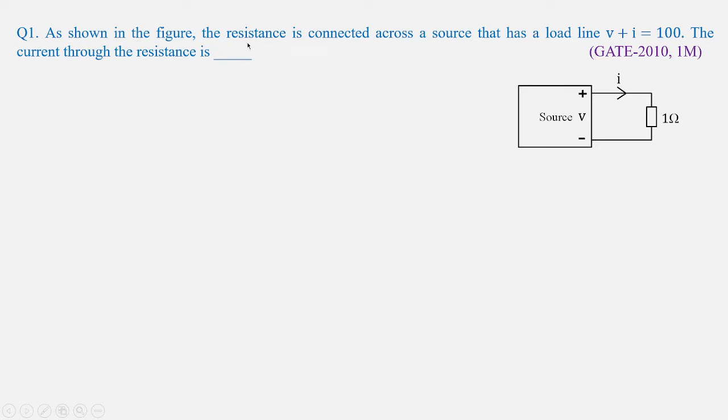As shown in the figure, the resistance is connected across a source that has a load line V plus I equal to 100. The current through the resistance is: the options were given as 25 amperes, 50 amperes, 100 amperes and 200 amperes. For this, you look into the figure. You have a source here and current is flowing through the resistance 1 ohm. So I can apply KVL to this closed loop and I'll get minus V plus 1 into I